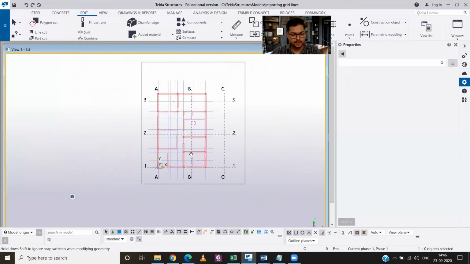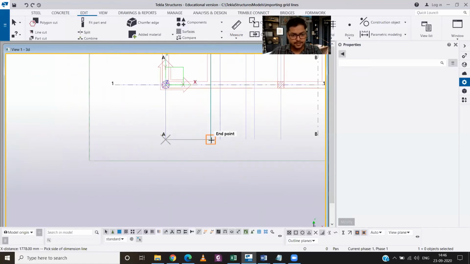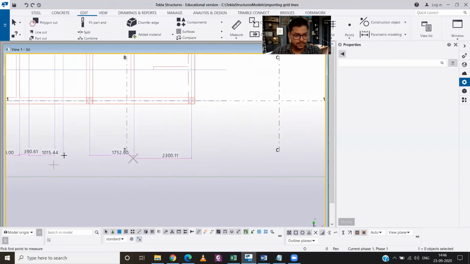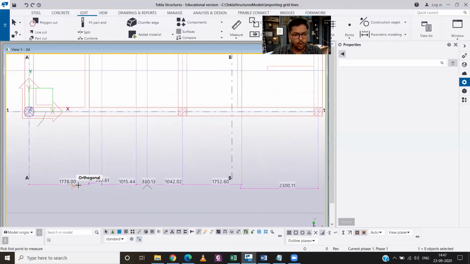Now all we need to do is to find the distance between all these center lines. For that, we can go to edit and then go to measure, and from there choose horizontal distance. So you can see I have all my horizontal distances over here.